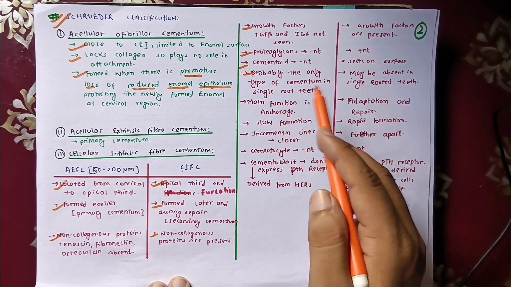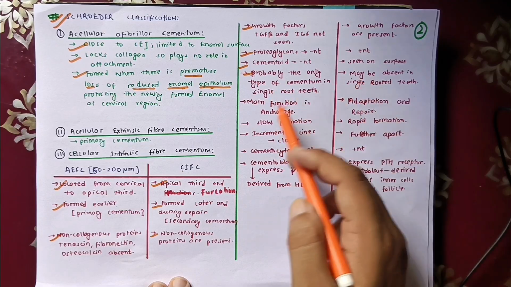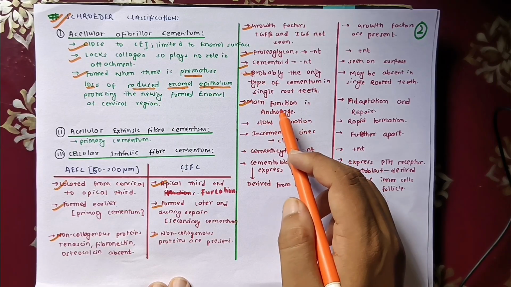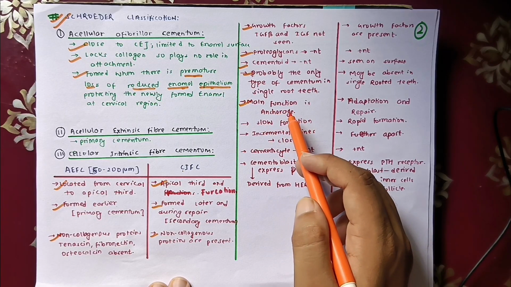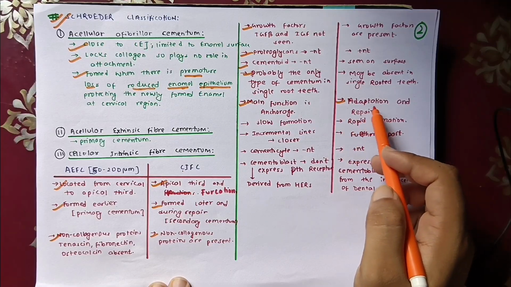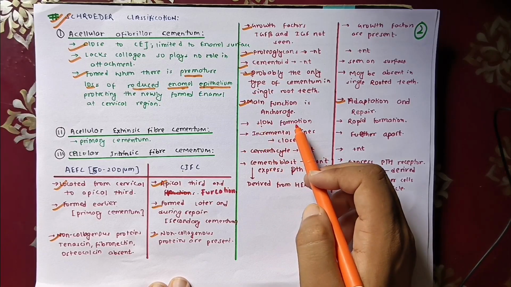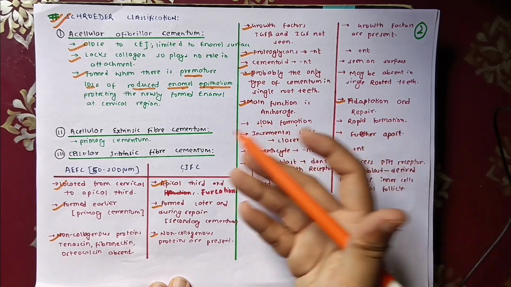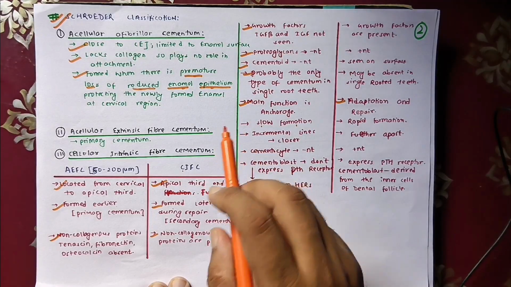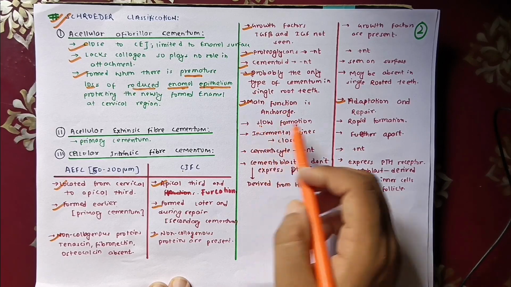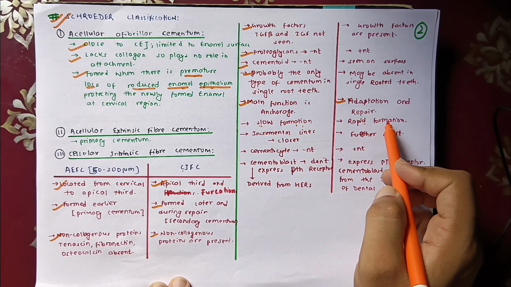Okay, so they are just probabilities. Now another function, the main function, is the anchorage. As they have the extrinsic fiber, similarly they are in adaptation and repair. Similarly, another point is slow formation. You can relate this with acellularity. In the acellular cementum I have told there is no cell, so there will be slow formation, and rapid formation here in the cellular